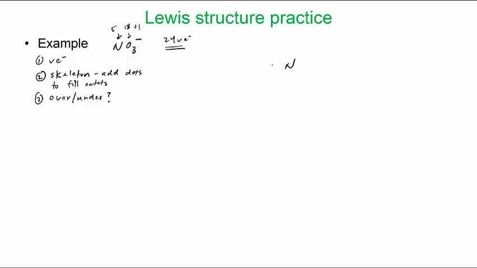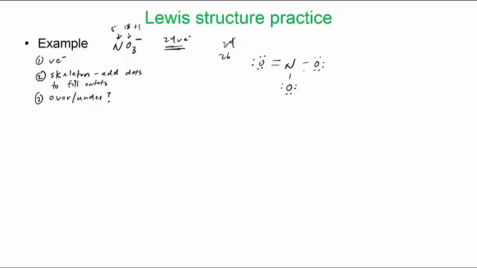So put N here, connect the oxygens, and then start adding some dots. I'm on step 2. And now we count, and we see if it matches 24. I can tell we're going to be over by 2. So there's 8 here, 8 here, and 8 here. That's 24 already. Plus we have 2 more here. So we have 26, and we need to get to 24. So what that means is we need to erase those and then add another right there,